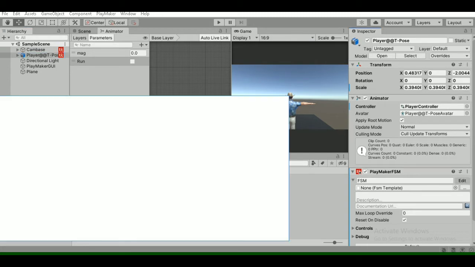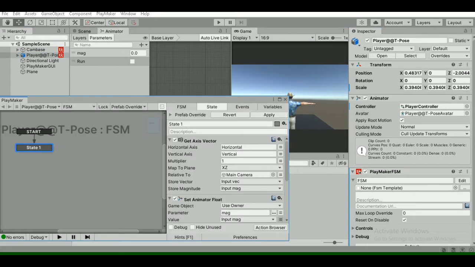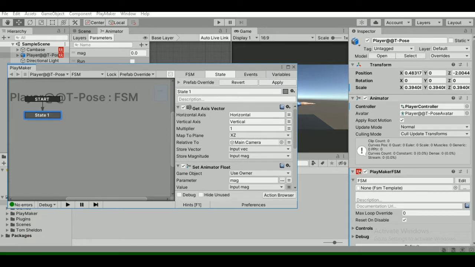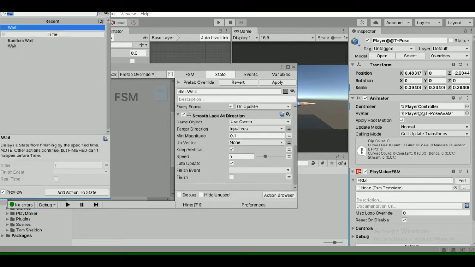So just edit, and come to the state one, just rename it as run plus idle plus walk. Okay, so just come to the first state, just add a new action called get button down.